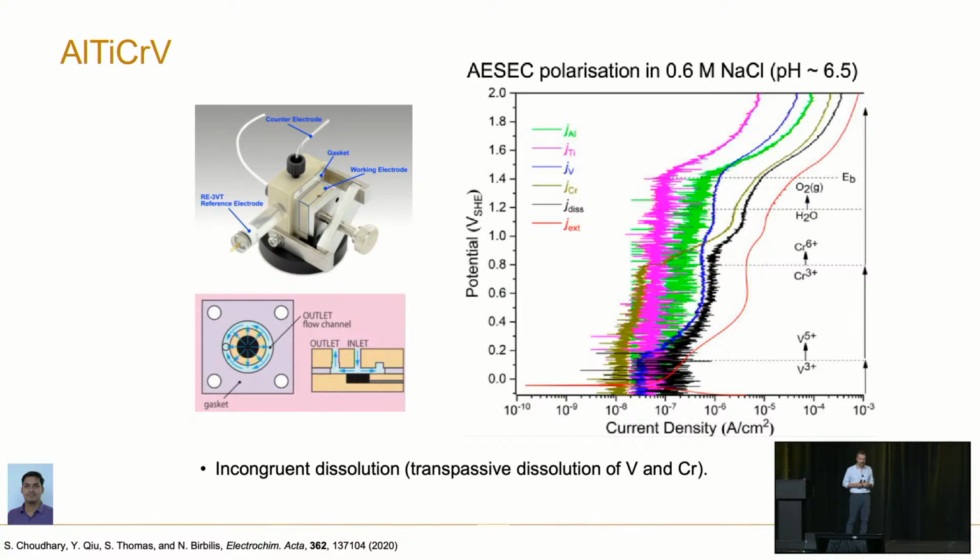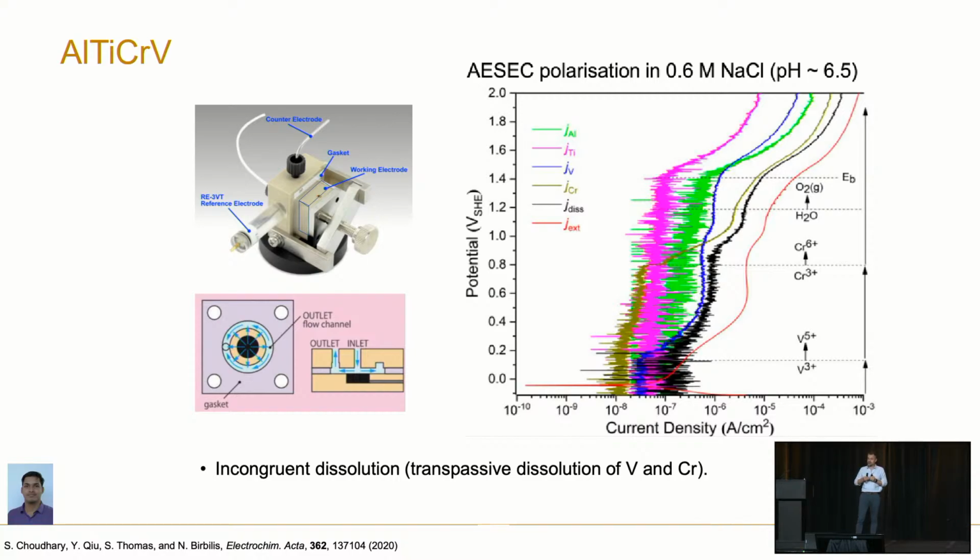Basically what you have is a potentiostat and a normal electrochemical cell, a 3-electrode cell, but your electrolyte flows through the cell past your working electrode. Sometime after passing your working electrode, allowing for a little bit of a time delay, it's fed into either an optical emission spectrometer, an ICP instrument, or an atomic emission or a mass spectrometer as well. So depending on what you're looking at or what machine you have, it can be optical or atomic emission or mass spectrometry. You can actually measure the dissolution very, very carefully by measuring all the ions that are coming off the surface.